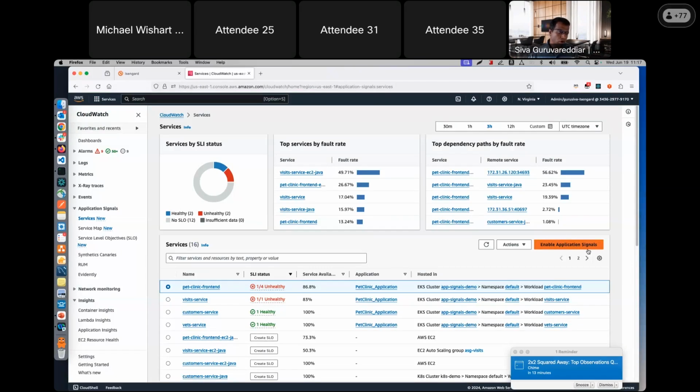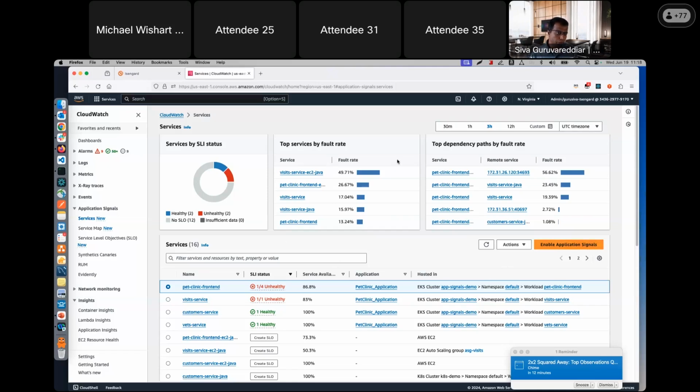Under the hood, what it is going to do is deploy the unified CloudWatch agent with OpenTelemetry if you are using Java and Python. Those are the two languages we are supporting today, and many more languages are in the pipeline, including .NET and JavaScript. Once you have done that, using OpenTelemetry, all the metrics, logs, and traces will be collected automatically. Then using the unified CloudWatch agent, it is going to send that to CloudWatch. Once you have done it, all these metrics are available for you.